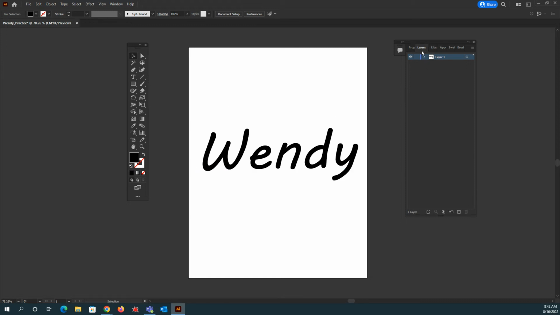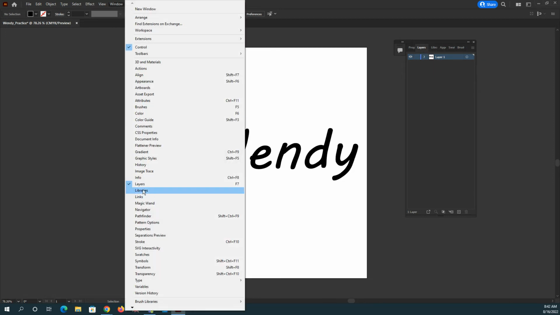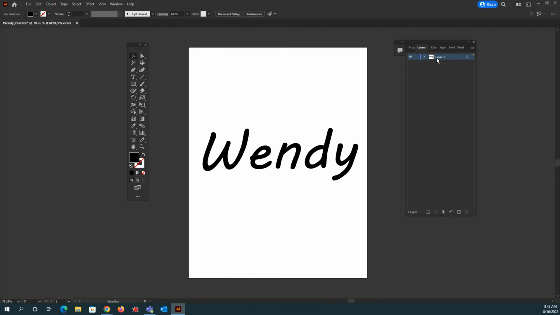If I open my layer panel right here, and if you don't have your layer panel open, you can go to Window and click on Layers. So layers is kind of like your file organization in Illustrator. It looks like I only have one layer, but if I drop down this arrow right here, now I have two. So I do really only have one, but if I were to add something else on here, like a box,